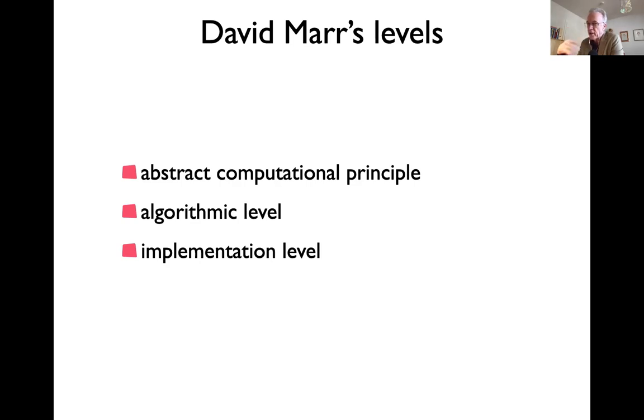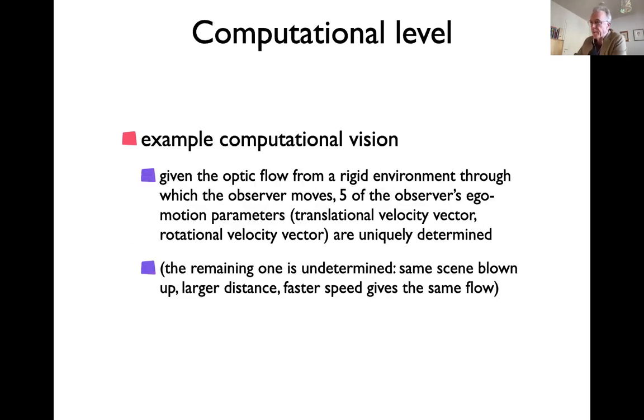And you see, the top two are actually, in some sense, computation. The algorithmic level is sort of like the implementation of the computation, while the third is maybe the neural implementation. And they're very influential to this day in a way that I personally find problematic. Let me give you some examples and make it concrete.